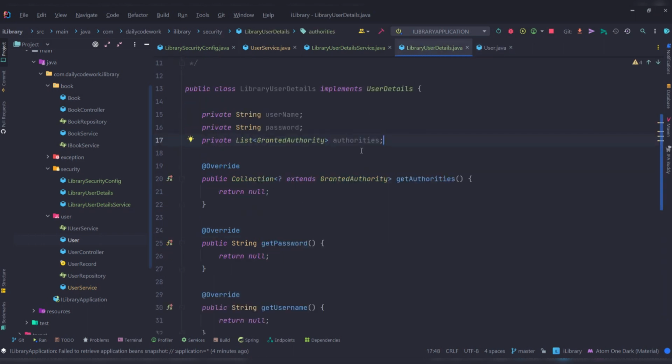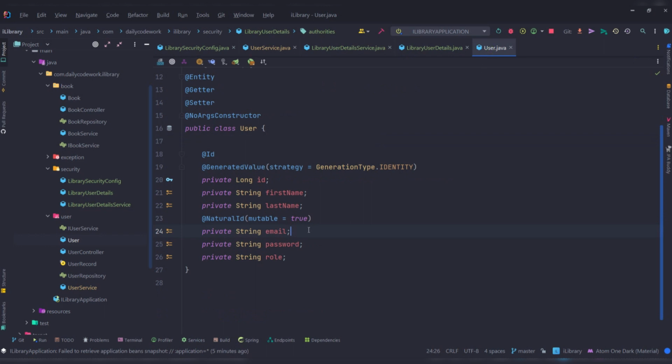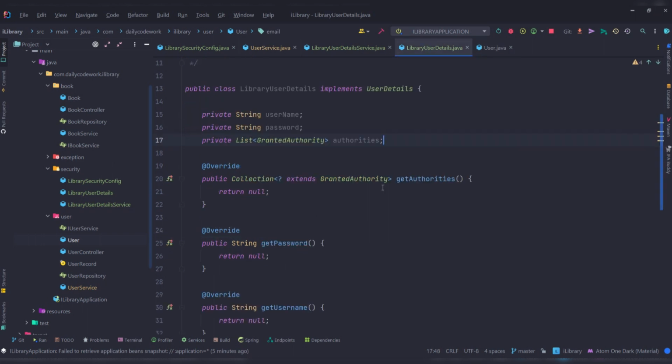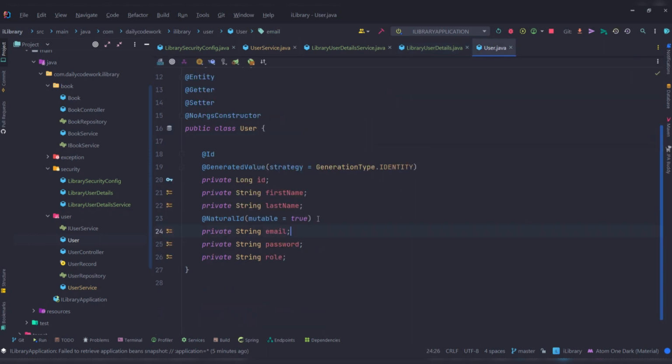So what we're going to do here is create a constructor that will take this user, so that we can get the email and the username, because we've decided that the email should be the ID of the user, right? Which is, we find a user by email. So now we're going to implement this so that we can return the email of the user and the password, so that we can log in, and the roles, so that we can log in